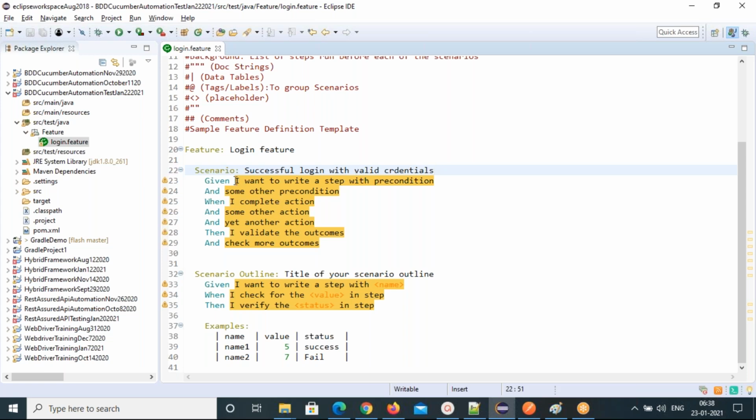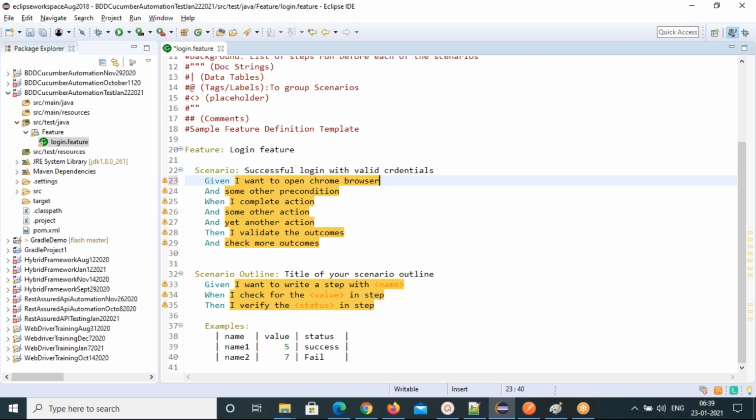Given user launches the Chrome browser, or I want to open a Chrome browser. It's up to you how you want to write the steps. It's a precondition. I want to open Chrome browser. Let's just use launches the Chrome browser.